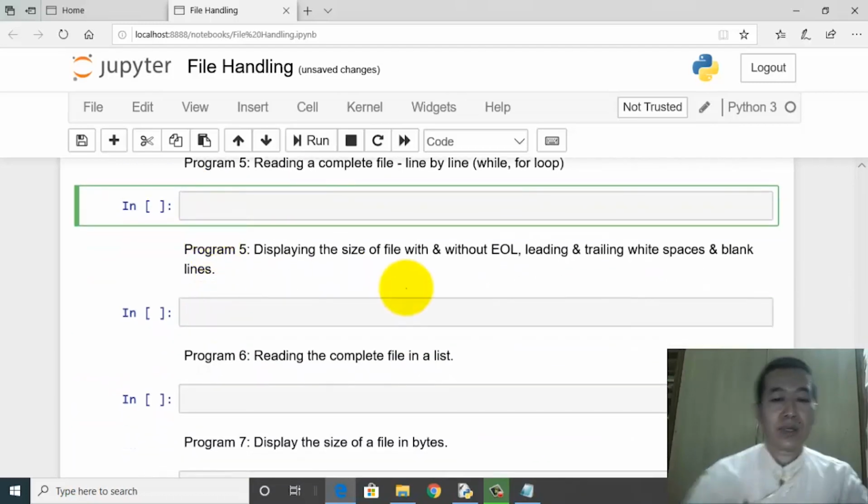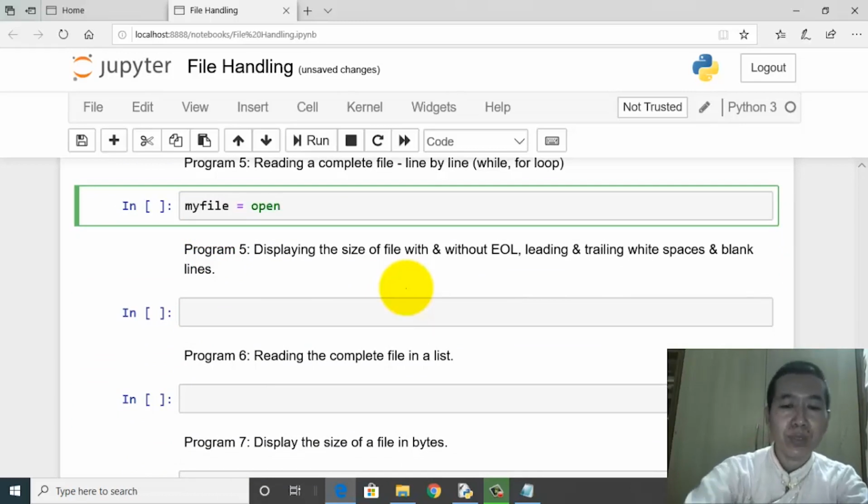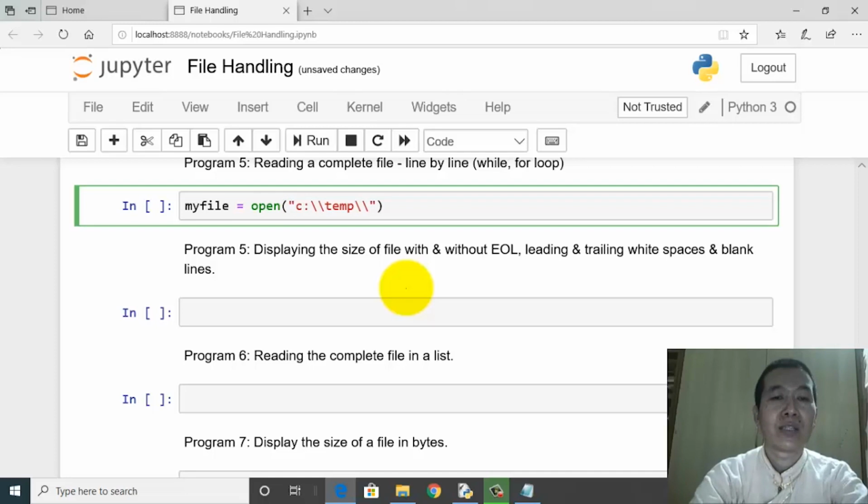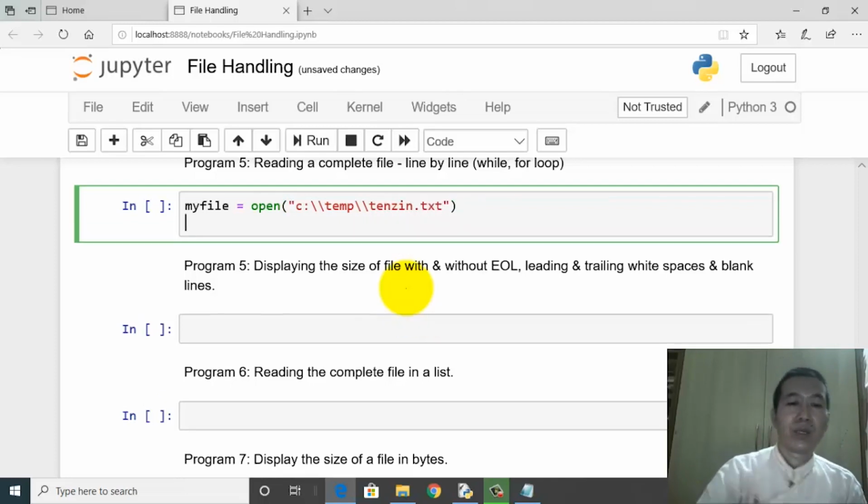Okay, so again, myfile equals, there you go, open function followed by c:/temp/ and then tenzin.txt. It's a very good idea to be writing this again and again. As and when you keep on saying this, naturally it will get registered in your mind.